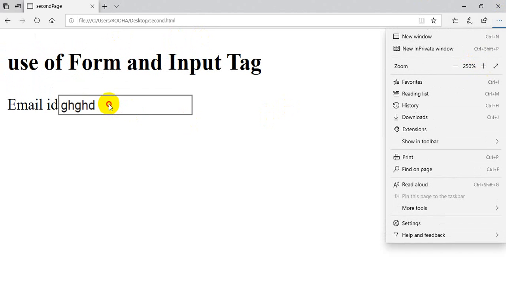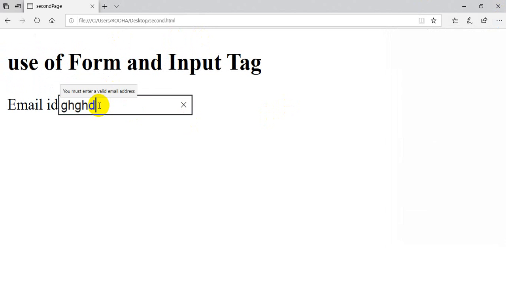Okay, when I type something like that, when I come out from this page, see, you must enter a valid email address. This message is coming, you must enter a valid email address. Why? Because the text which I entered is not following the rules and regulations.